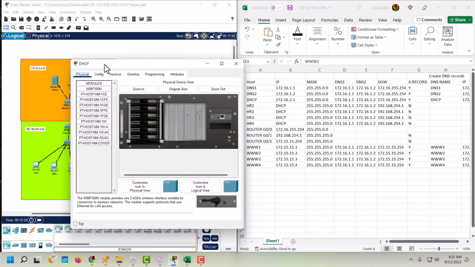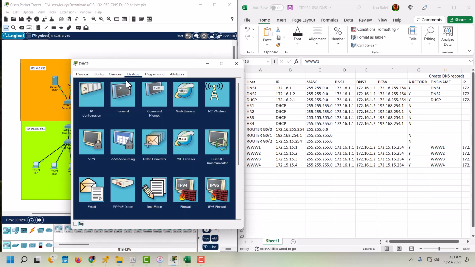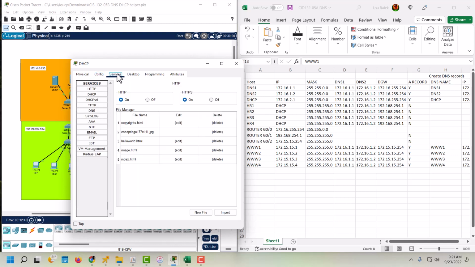Now the DHCP, so we're going to go to desk, and we're going to go with .2, .1, with 255.254, and .1. Okay. Now we're going to go to our services